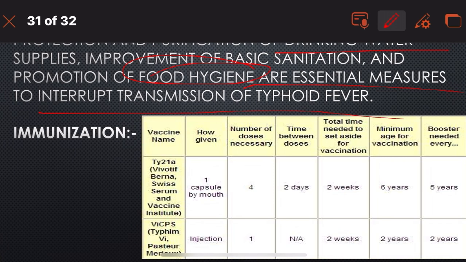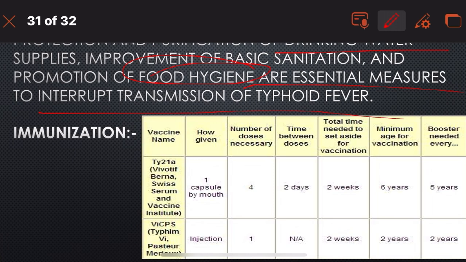Then we see the Typhim Vi, also known as Vi capsular polysaccharide vaccine. We see Vi CPS, Typhim Vi antigen, or vaccine, Typhim Vi vaccine, that is Vi CPS. What does Vi CPS stand for? C stands for capsular. We know that Vi antigen is a capsular antigen. From there you can relate Vi capsular polysaccharide